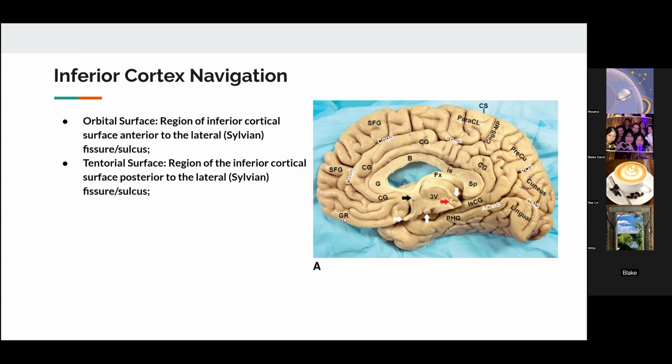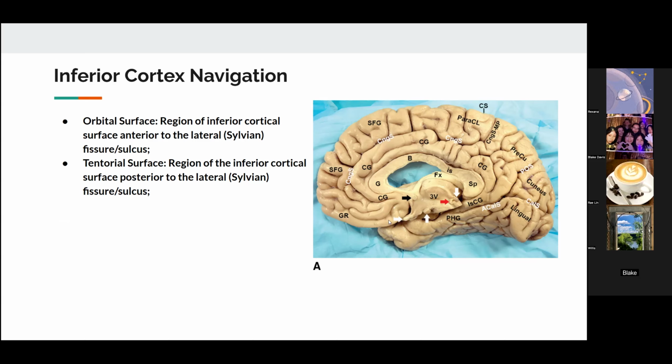Okay, so today we're going to be needing to know two different surfaces of the brain, the orbital surface and the tentorial surface. Now, these are very big words, but they're pretty straightforward things. The orbital surface is what we see on the front part of the brain. It's going to be this anterior part of the brain, and it's going to be the bottom of this front. So as we see where this is on the picture, this is going to be the orbital cortex down here. There are different regions of this orbital cortex, but overall, where we see this line here, that's going to be the orbital surface,